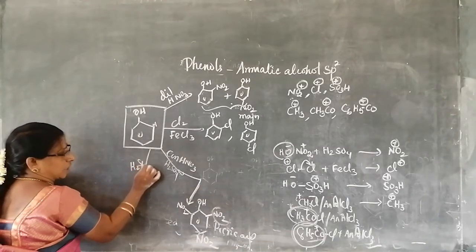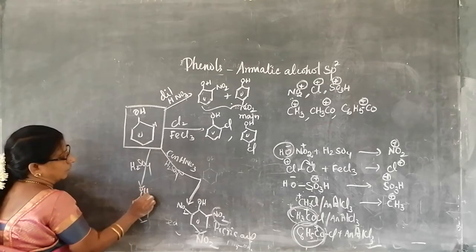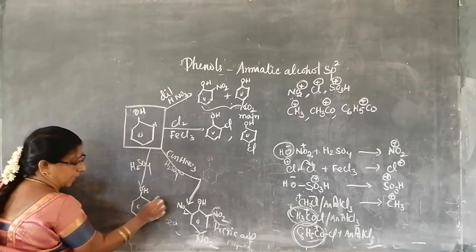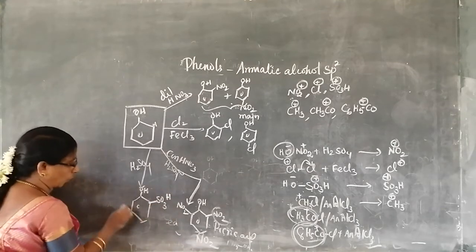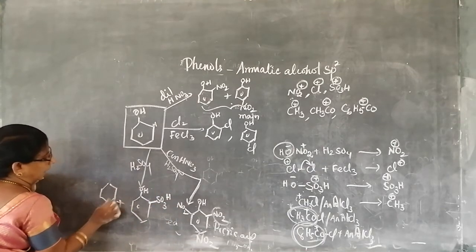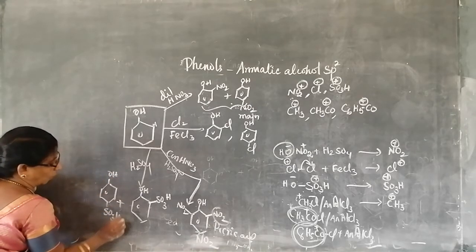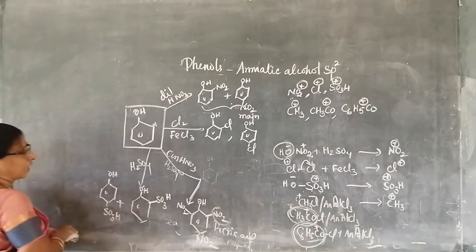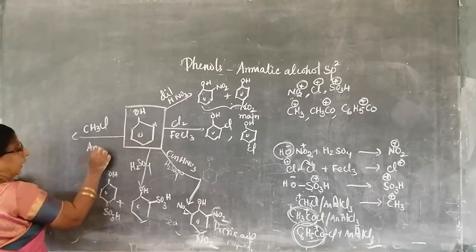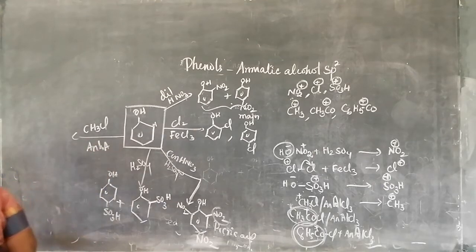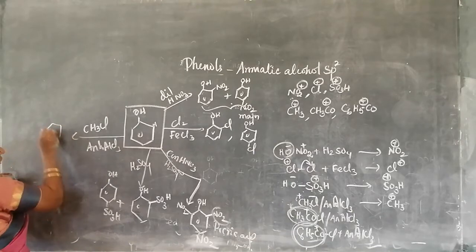Sulfonation: when you treat it with sulfuric acid, you will get 2-hydroxy benzene sulfonic acid. You have to give preference to the sulfonic group. Then 4-hydroxy benzene sulfonic acid. Now let us write all three Friedel-Crafts reactions. If you put CH3Cl with anhydrous aluminum chloride, you will get